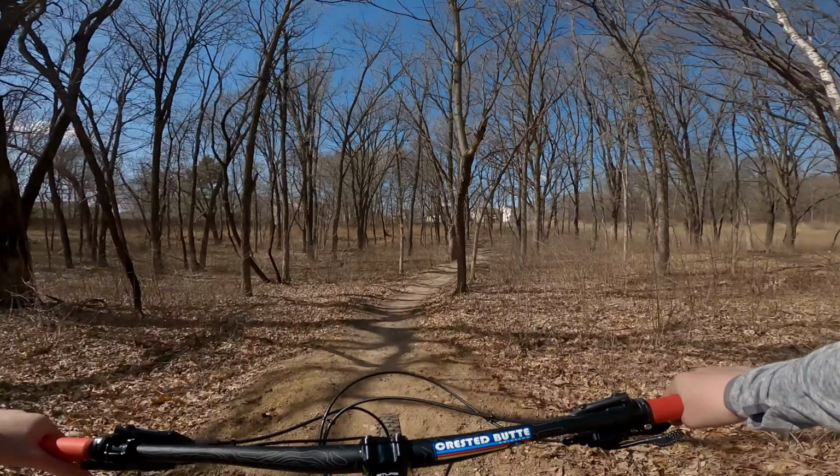This whole section that I'm showing you guys right now, I believe at one point it used to be a dual slalom course that starts at the top and goes all the way down to where we started. So I'm really curious if they're gonna do anything to this section, because there's a lot of open space right here. So I don't know if it's owned by them, by the city in the park, but it'd be